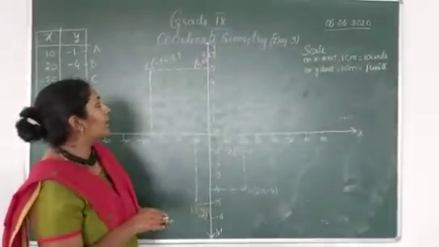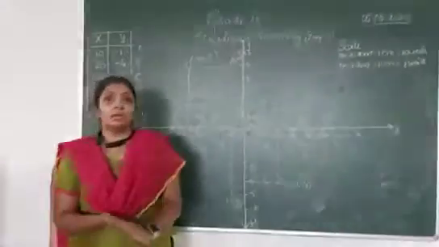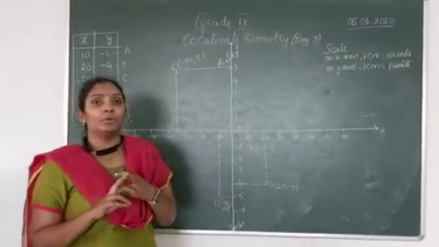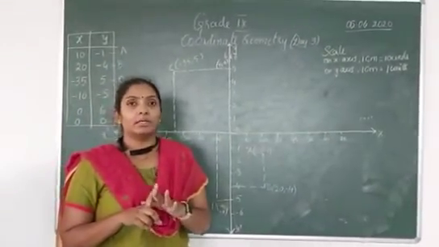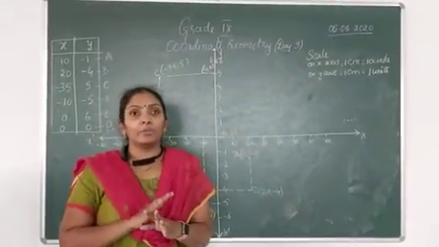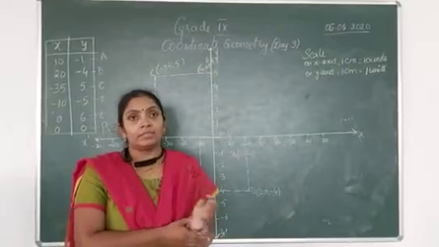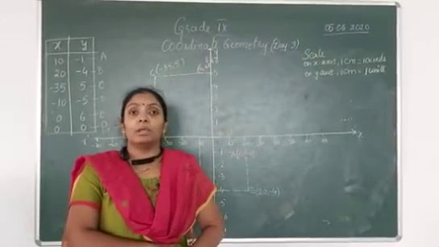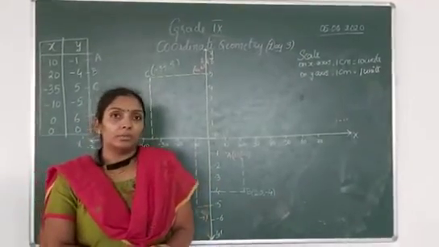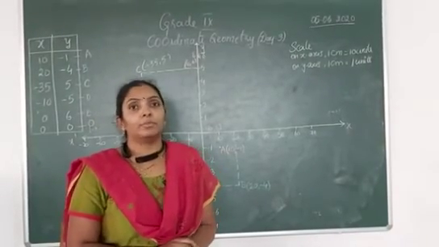So this is all about the coordinate geometry portions you have, and you will be solving the rest of the problems. This problem I have not taken from the textbook. Okay, in exercise 3.3 you have two problems here, and you will be doing them in your graph book. The entire chapter will be going into the graph book apart from the theory part, right? And as I have told you, the portfolio is to be done in this workbook, and along with that you will also have to complete the worksheets. I guess there are 2 to 3 worksheets for the coordinate geometry chapter in your workbook. So complete those worksheets, and you will have to submit them on the day you report to school.